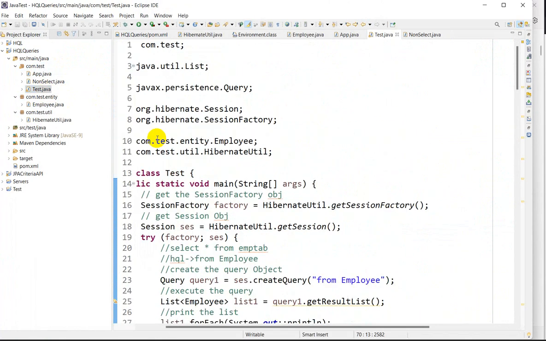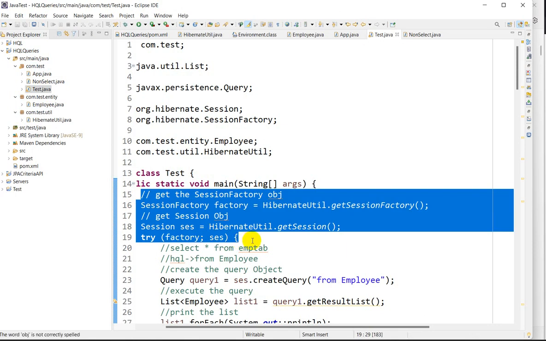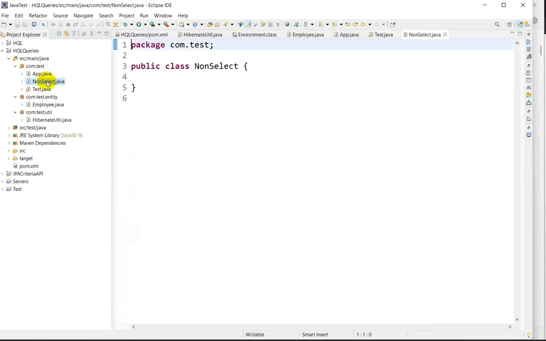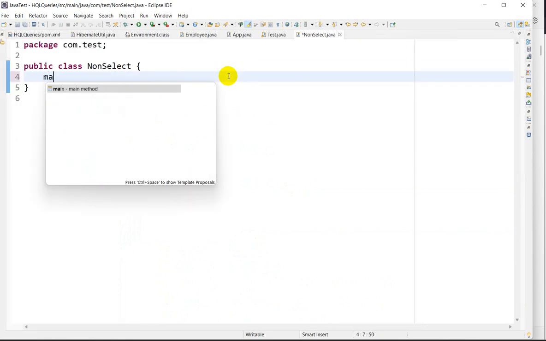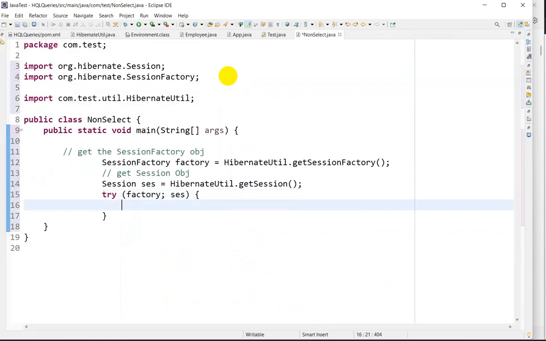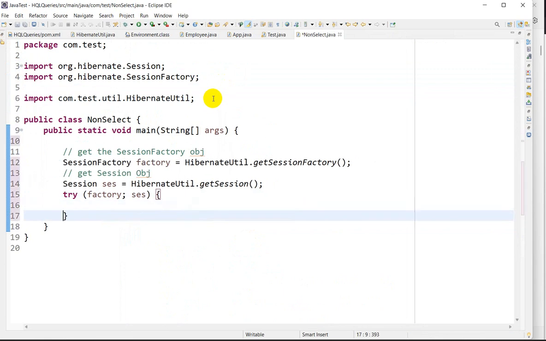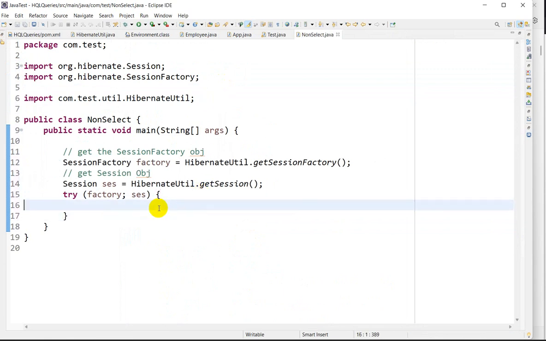So go above and we have to copy session and session factory. Go to the non-select. First of all I will write here main, paste. This is done. Control Shift F for formatting. Now here